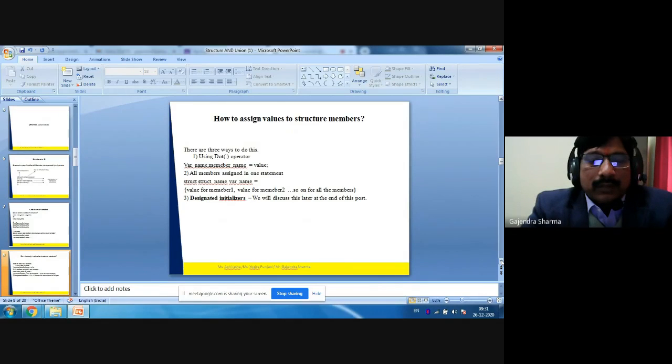Number one is using the dot operator, like variable name dot member name equals value. The second technique is assigning all members in one statement: struct name variable name equals, in curly braces we can assign values for all data members, like value for member 1, value for member 2, and so on for all the members. And the third one is the designated initializer.